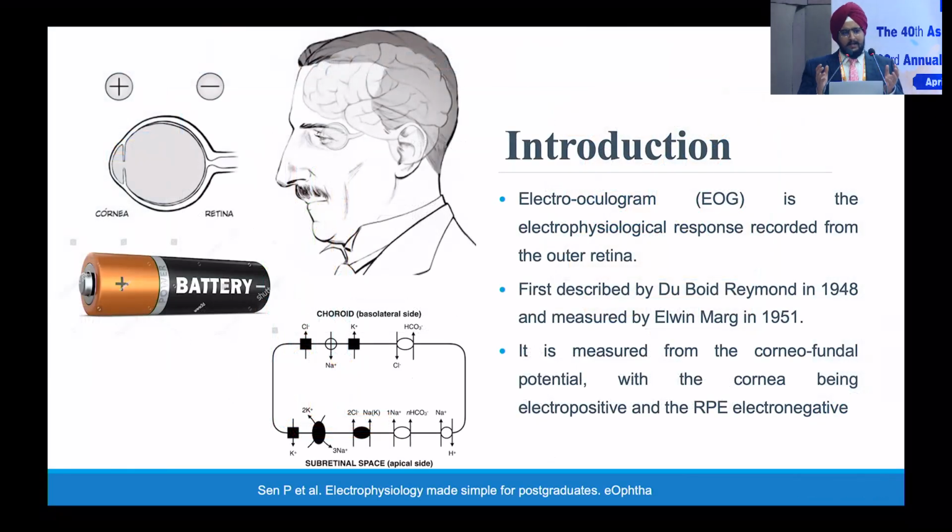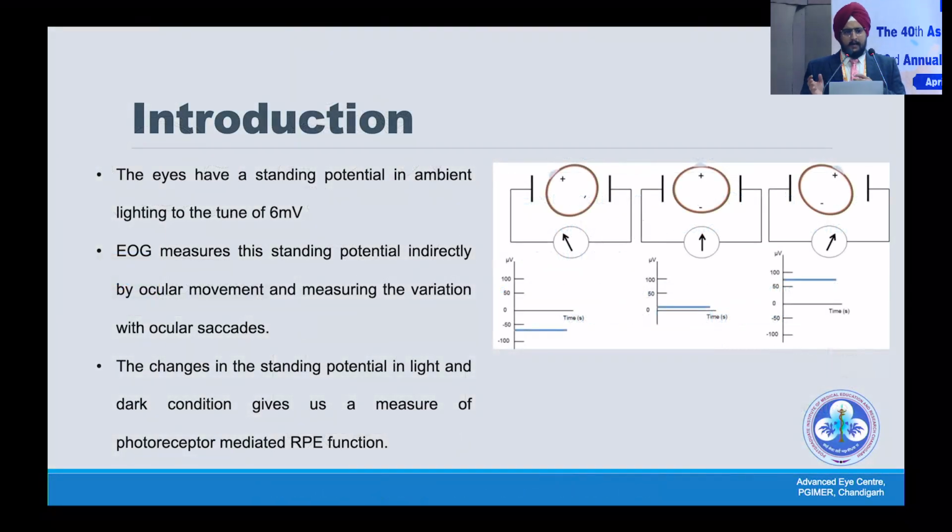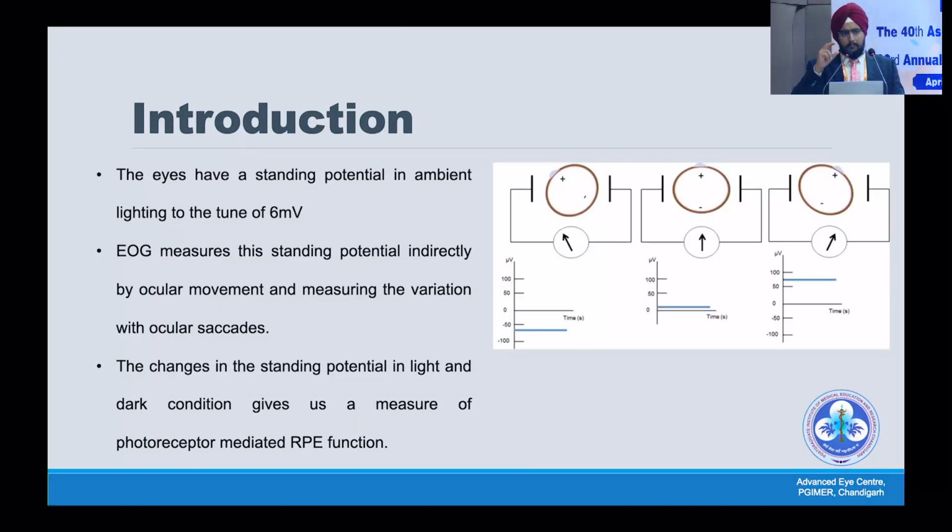So our eye is like an electric dipole, with the cornea being positive in the front and the RPE being negative at the back. And it is this difference in the voltage between the positive and the negative side that we are trying to measure with the electro-oculogram. And how we do that is by making the eye move from one direction to the other. The positive changes to the negative and so on, and that difference that comes with the movement of the eye is what we record as the trans-RPE potential,